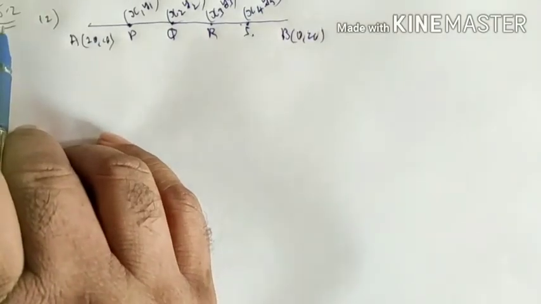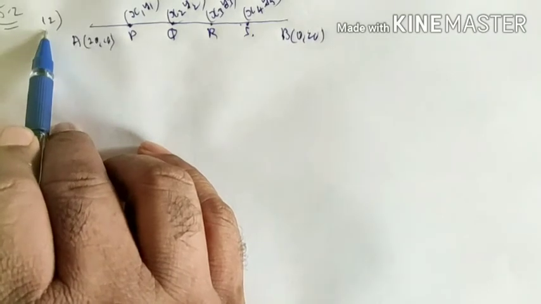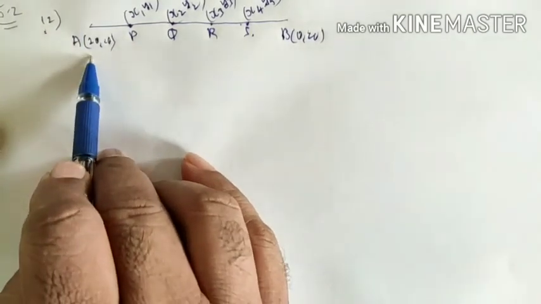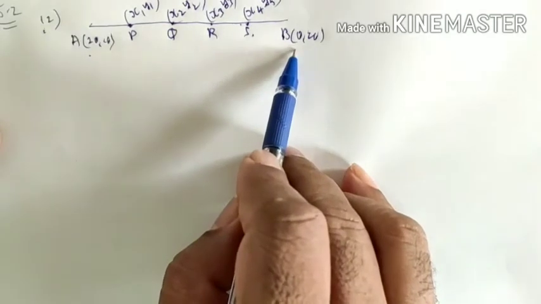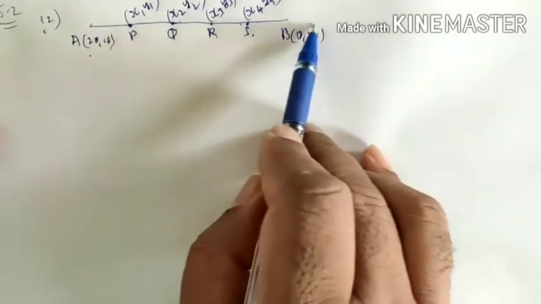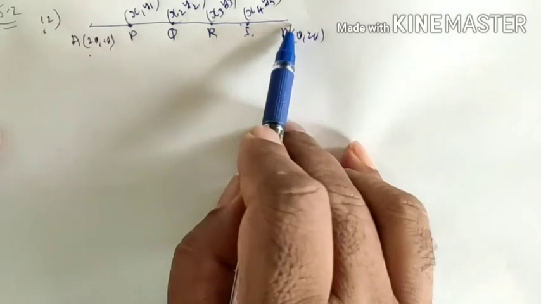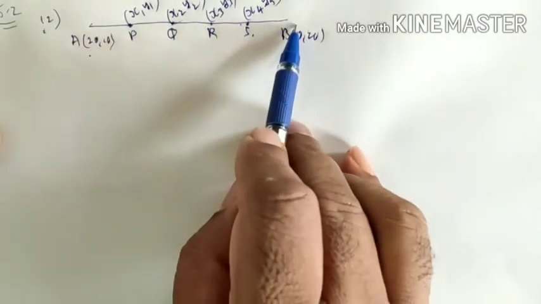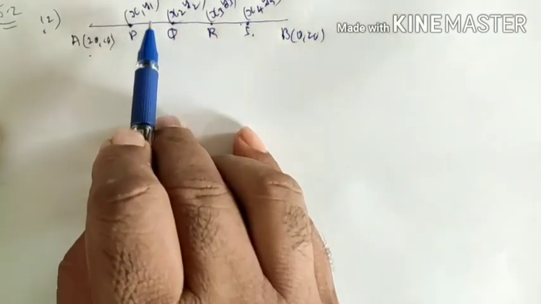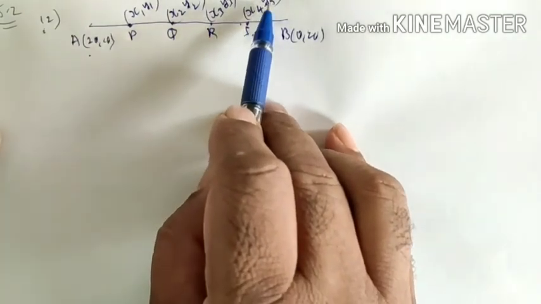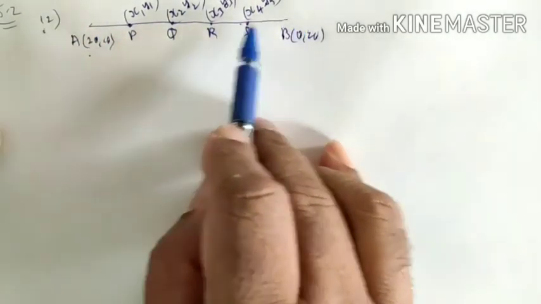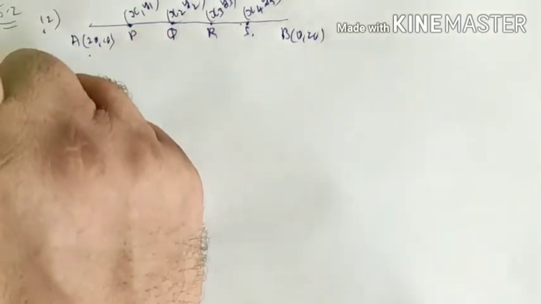See, practice set 5.2, question number 12. See, coordinates of A given 20, 10 and B 0, 20. Our question is to find the points which divide this segment AB into 5 equal parts. Let P x1, y1, Q x2, y2, R x3, y3 and S x4, y4 divide this segment AB into 5 equal parts. So, we shall write here,